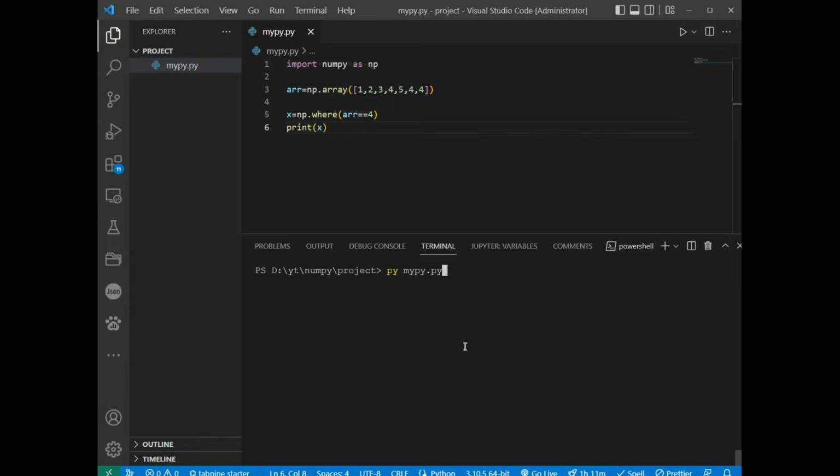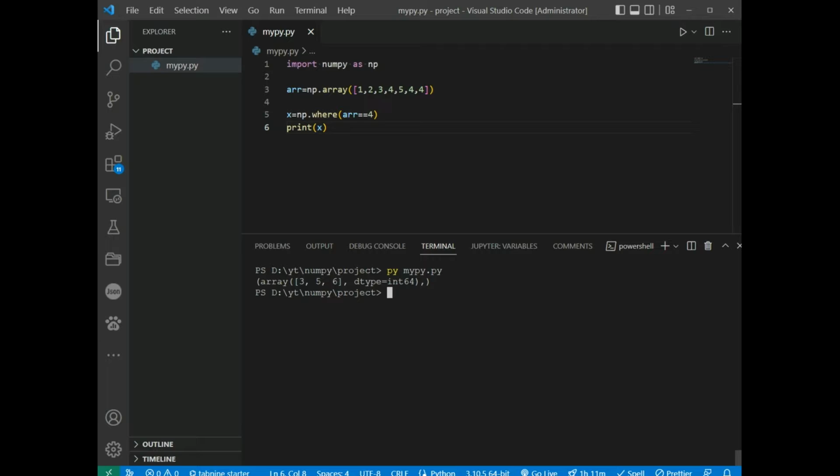Save and run, and we have this, and this means that the value 4 is present at index 3, 5 and 6,